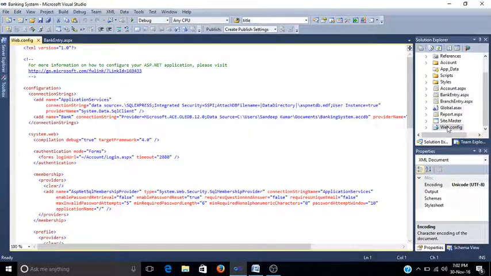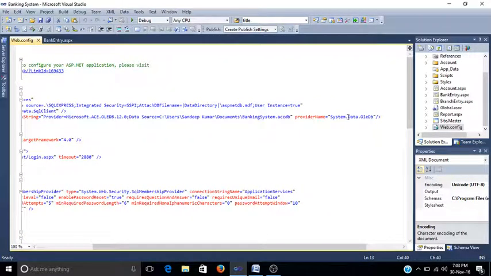So double click on this web.config file. Inside this connection string you need to give the name, add name. For example, this is the same what you need to do, because I have already done this, so I am not doing it again. Here you need to give add. After that you need to give the name for this database, here I am giving it as bank. You can give any name whatever you want. After that you need to give the connection string, that is you need to copy and paste that property connection string here, and after that you need to give the provider name is equal to system.data.oledb